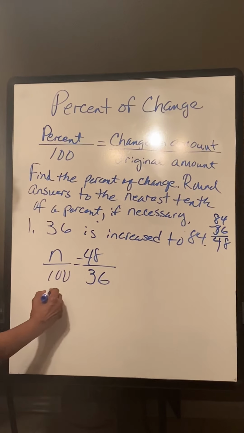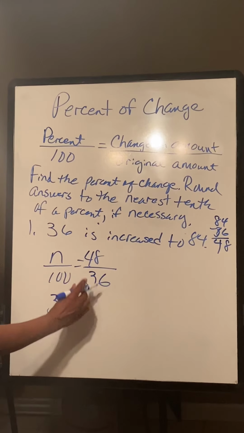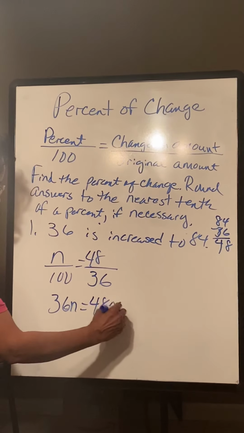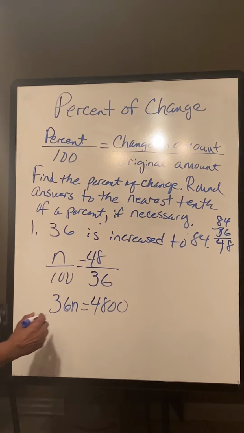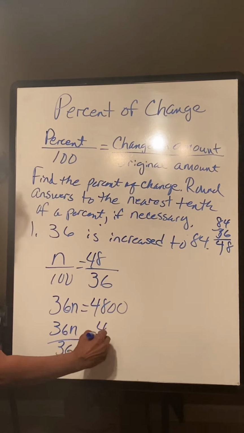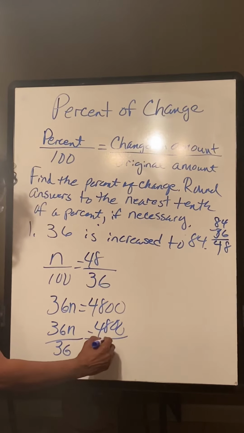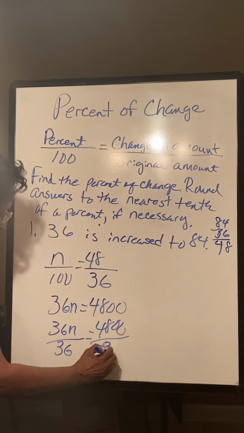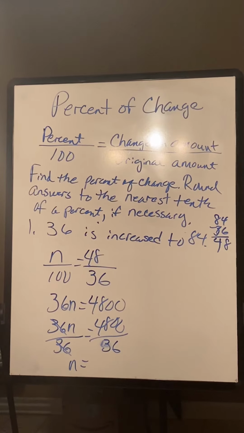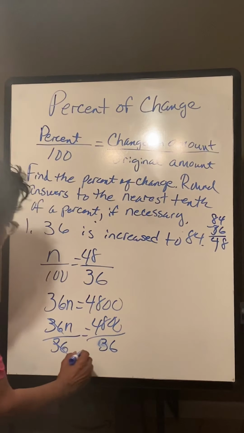Again, do the cross products. N times 36 is 36N. 100 times 48 gives you 4,800. Divide both sides by that 36. These 36s cancel. So you end up with N is equal to